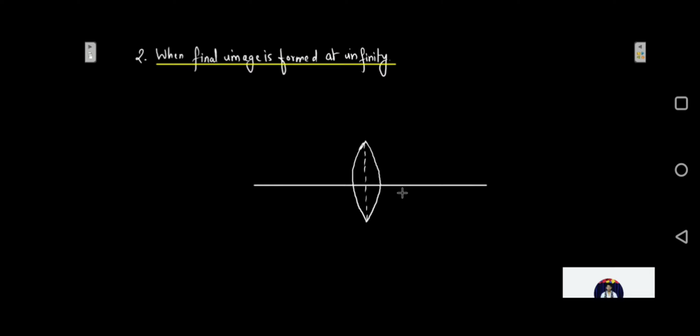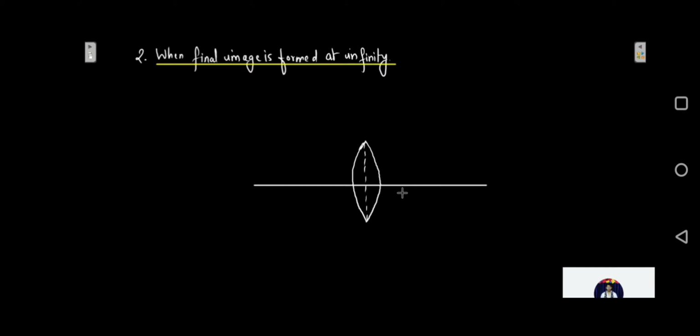So in the first case, where the image was formed at the least distance of distinct vision, or at the near point, we call it, it causes strain to the eye. So often the object is placed at the focus of the convex lens so that the parallel rays enter the eye. We'll draw the ray diagram for it. The image which is formed at infinity is more suitable and comfortable for viewing by the relaxed eye.